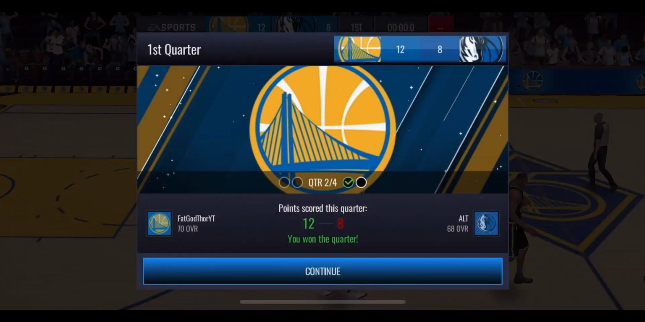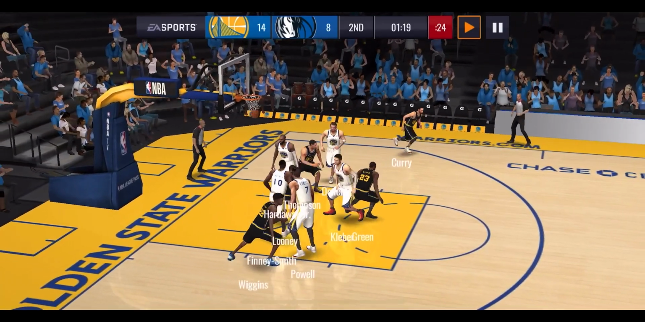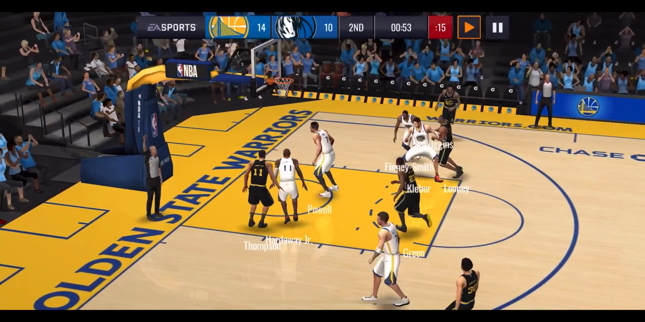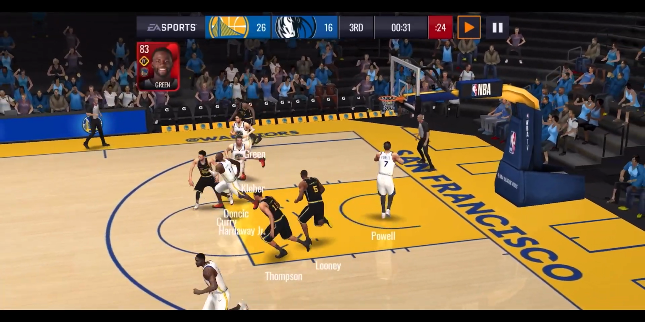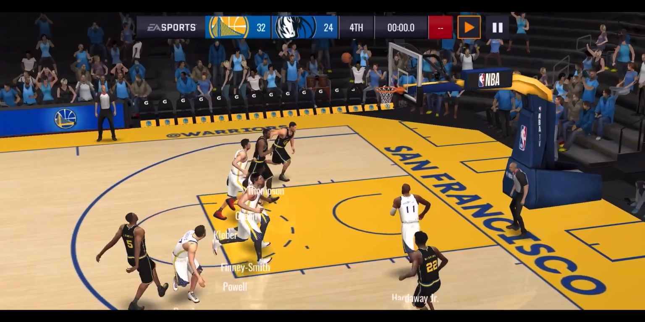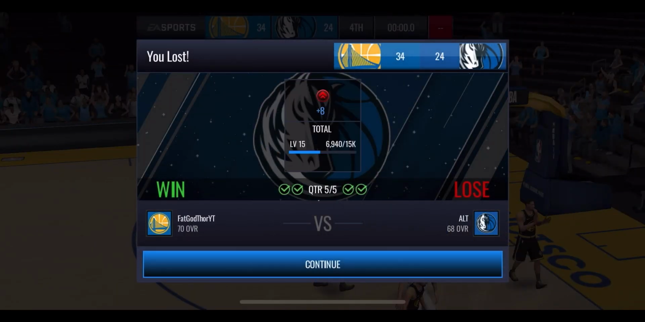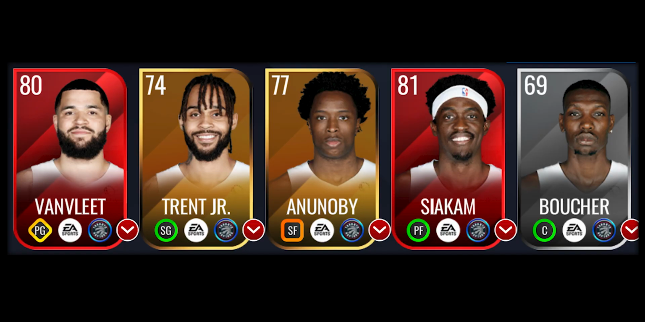The first quarter, 12-8 from the Golden State Warriors, and then the second quarter, it was more of the same. The Warriors just pulling further and further ahead until they were 10 points up at the end of the second quarter. Third quarter, again, same stuff sort of happened, and they were up by 8, and then the fourth quarter just ended off with the Warriors winning 34-24, a 10-point lead for the Warriors, and they reached the NBA Finals,